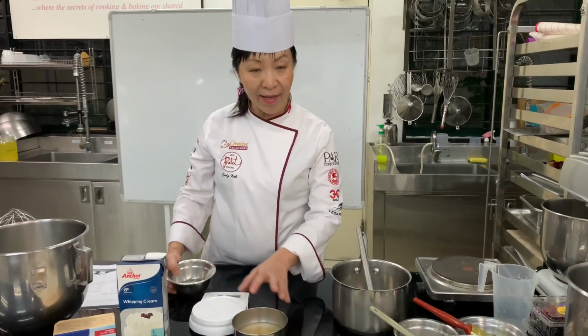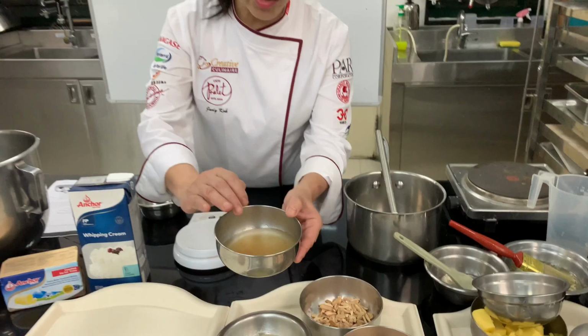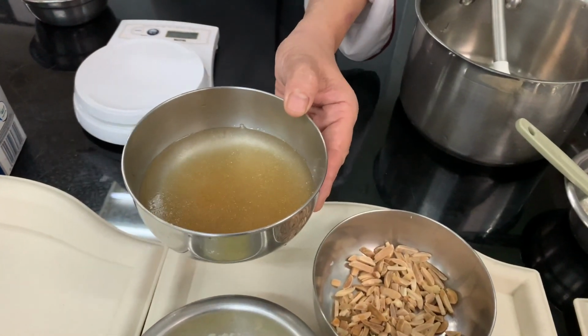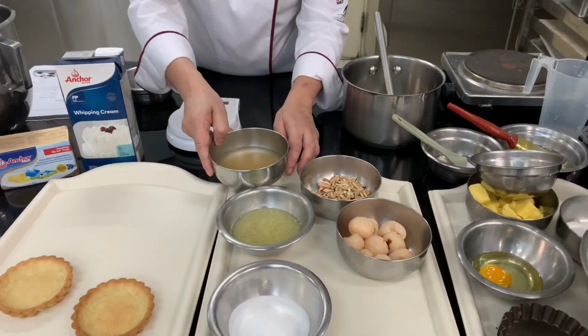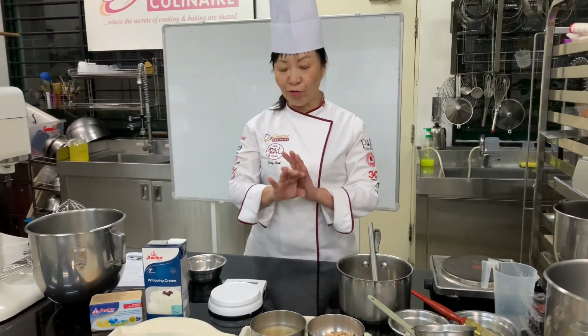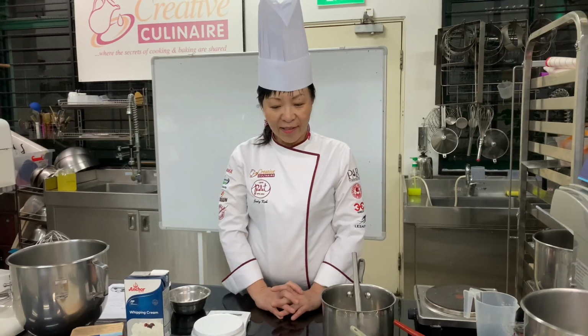After we have done this, making sure that the gelatin is already moistened with water, we set it aside for about 10 to 15 minutes until it becomes slightly spongy. There's no need to use warm water, just normal room temperature water will do. Now next,